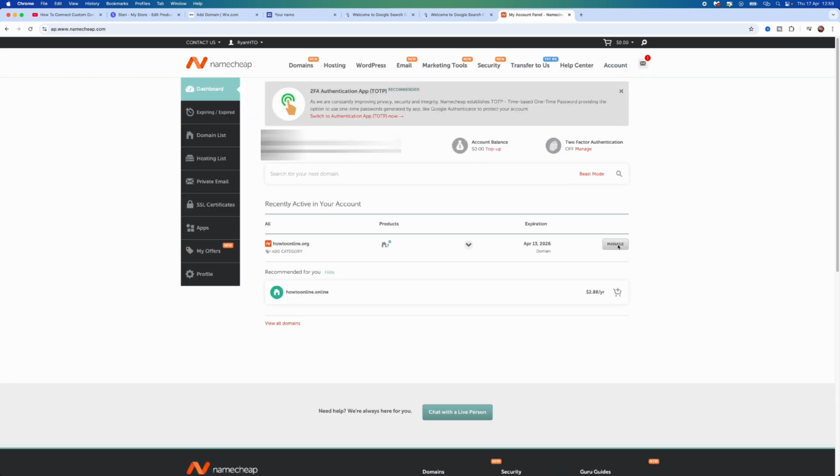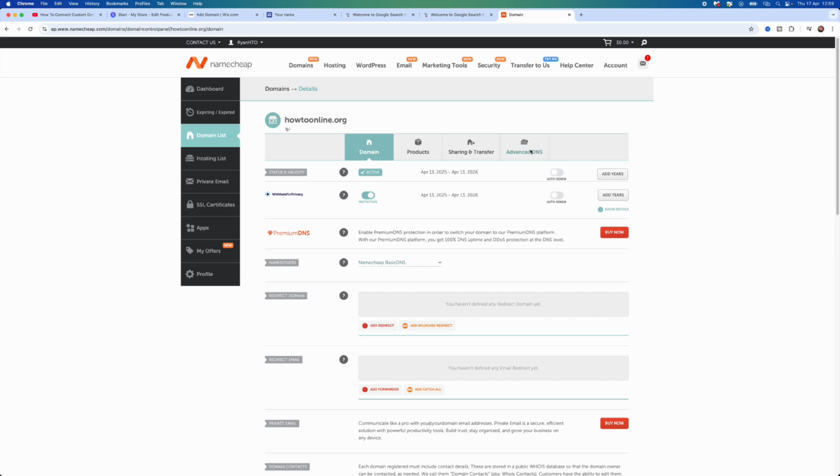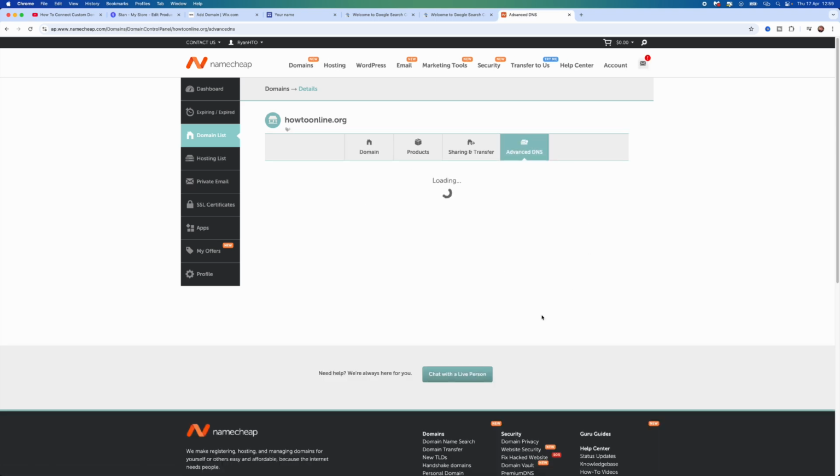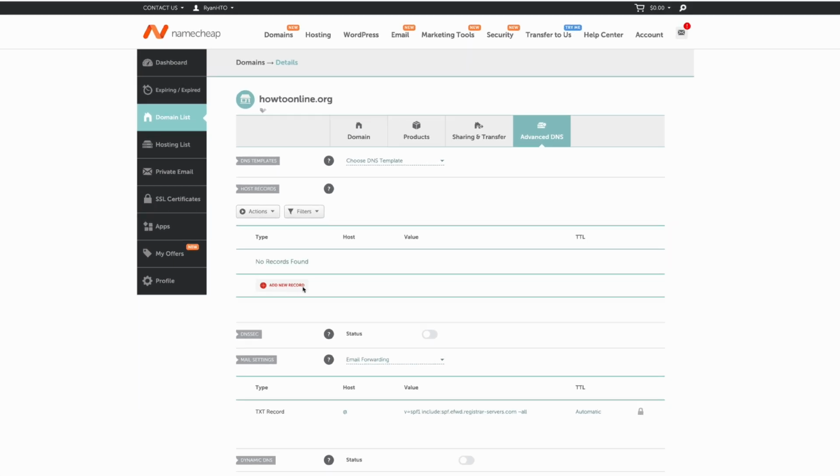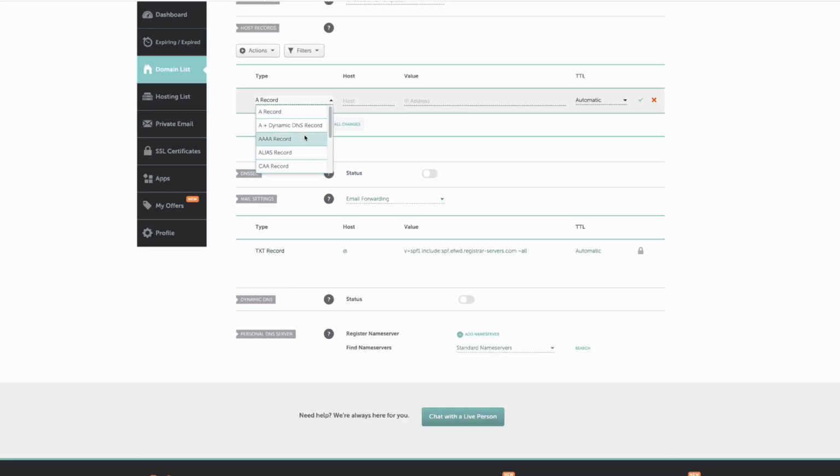Once we head over to Namecheap, I want to go to account, select dashboard. And then from here, I want to select manage. And then I'm going to select advanced DNS. Now, once we click on this, and once you are on this page on whatever website that you use, you want to go down to here, click on add a new record,